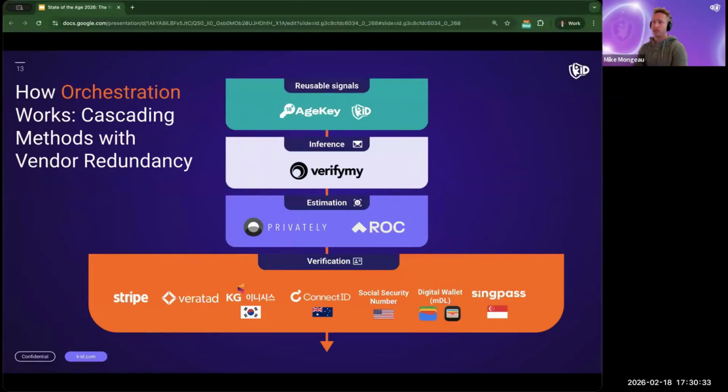The first layer is orchestration. And this is the foundational starting point that everything starts with. Right now, if most companies have implemented any form of age assurance, they've done it piecemeal. One vendor for one market, a custom integration for another. Maybe they have a homegrown solution for a third. And what you end up with is a patchwork: different technical stacks, different verification methods, different data flows, telemetry pipes, reporting. And every time a new regulation hits, you're starting from scratch. It's sort of untenable. That's not a compliance strategy. That's technical debt disguised as progress.